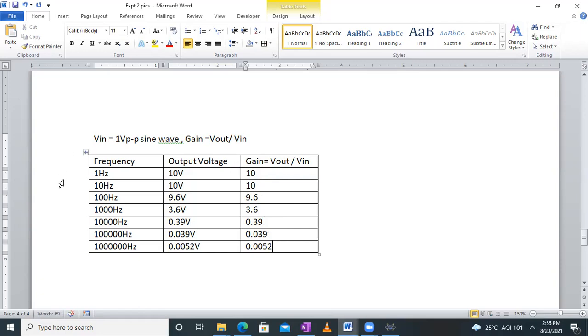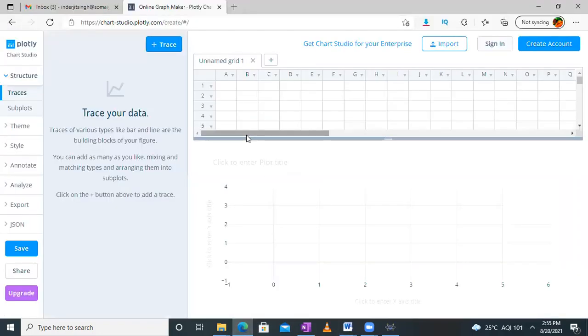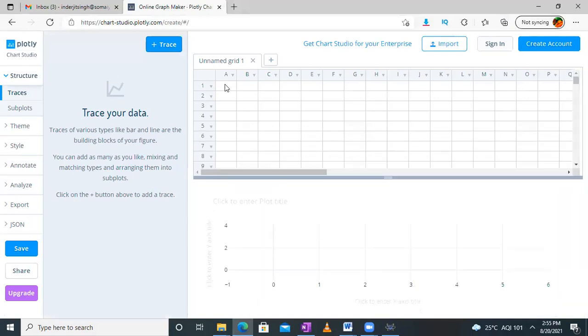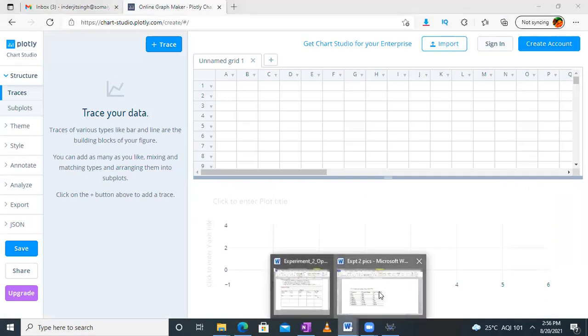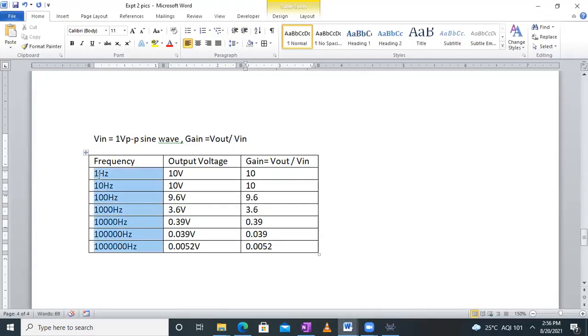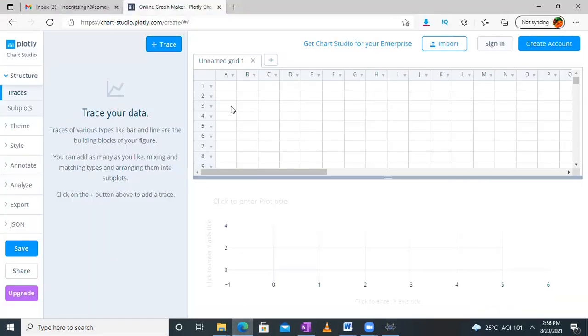So we have to plot gain versus frequency. Understanding? Now let me go to that online graph maker. So here we have to enter the values. Okay, so first I will enter the first column. So I'll again go to the Word document and enter these frequencies. Fine. So I'll enter these frequencies in the first column.